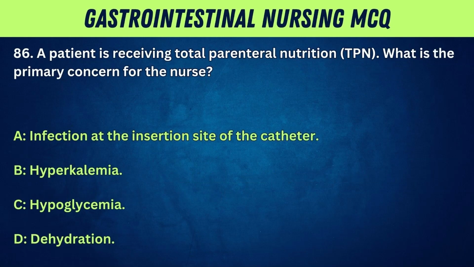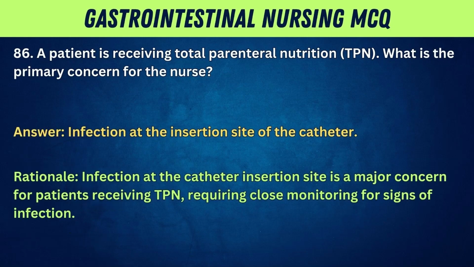86. A patient is receiving total parenteral nutrition, TPN. What is the primary concern for the nurse? A. Infection at the insertion site of the catheter. B. Hyperkalemia. C. Hypoglycemia. D. Dehydration. Answer: Infection at the insertion site of the catheter. Rationale: Infection at the catheter insertion site is a major concern for patients receiving TPN, requiring close monitoring for signs